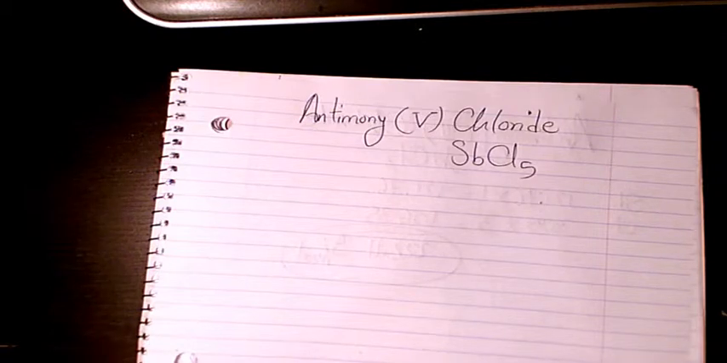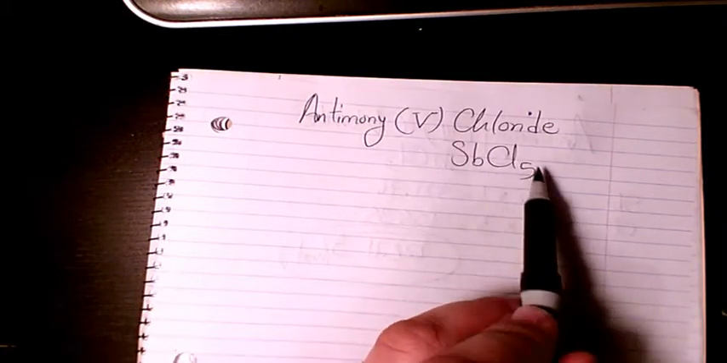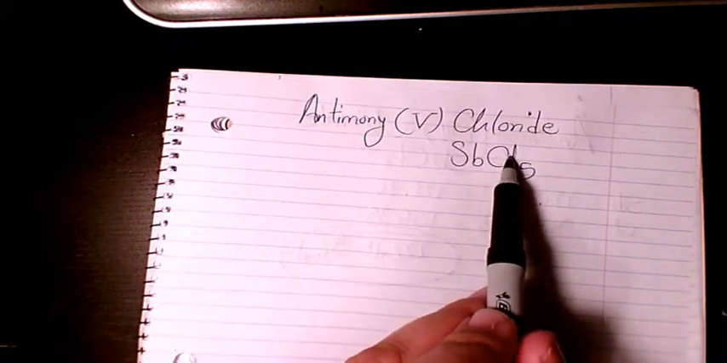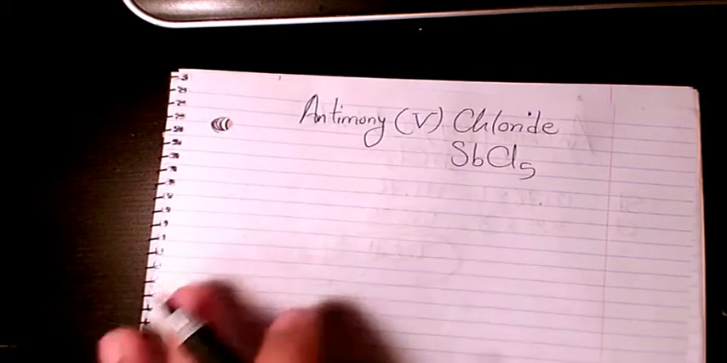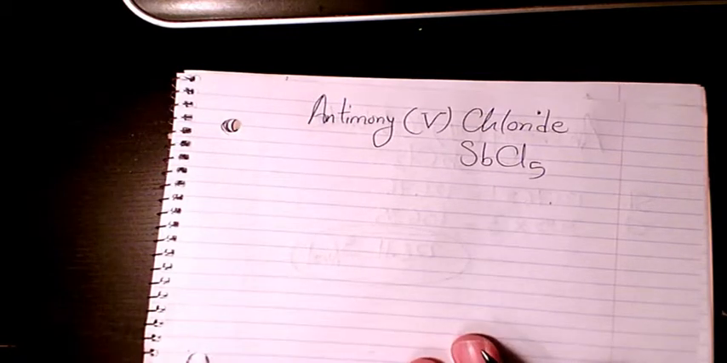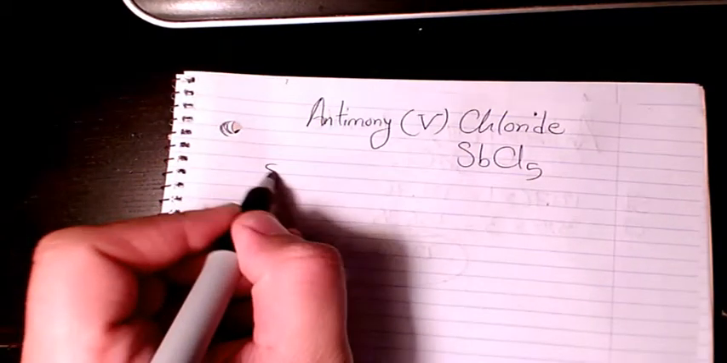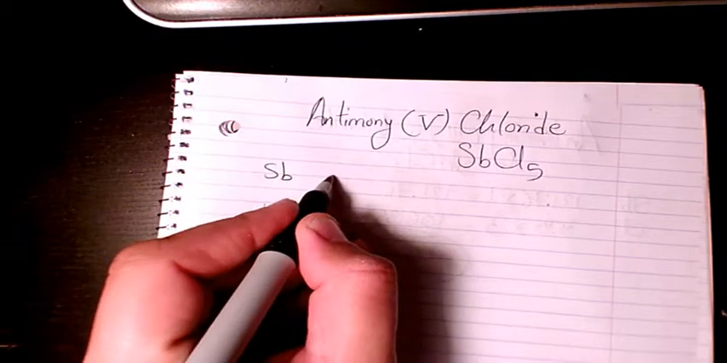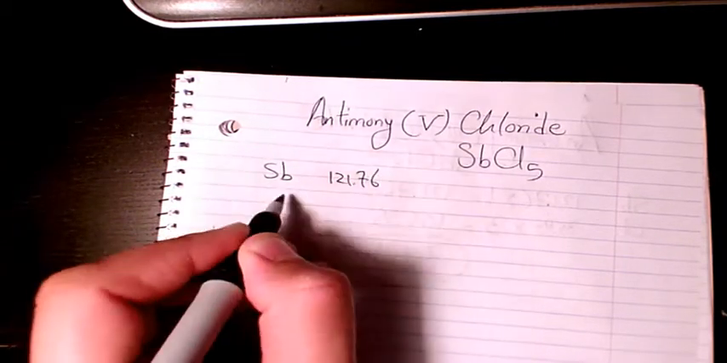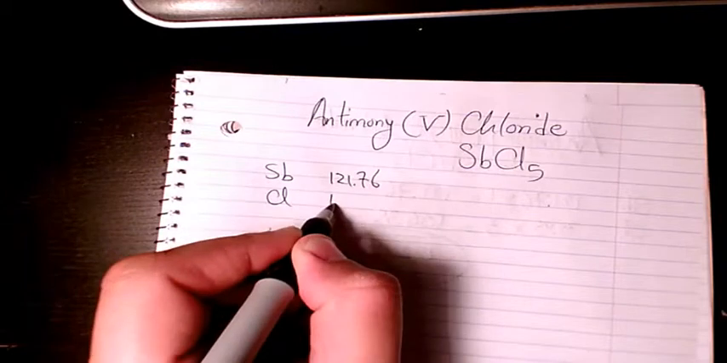In this video I want to show you how to write the chemical formula or molecular formula of antimony 5 chloride. And as you see here, we have SbCl5 because it's 5 plus and we have Cl minus. And if you want to find the molar mass or molecular weight of this antimony 5 chloride, we need to write the atomic mass of Sb, which is 121.76, and chlorine is